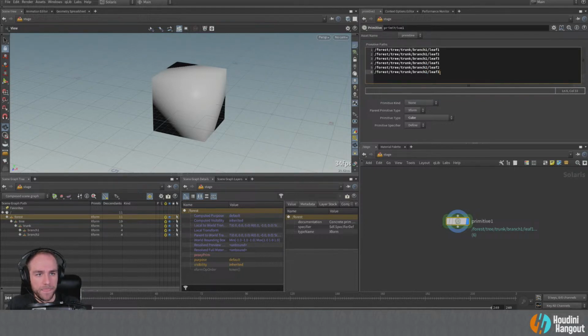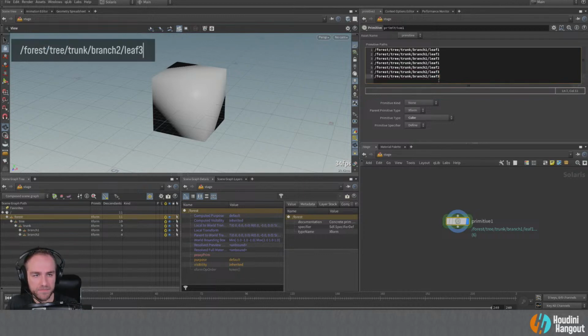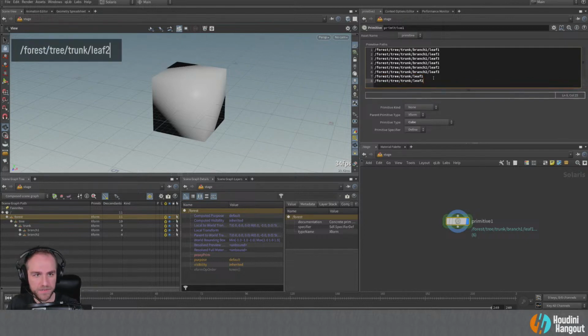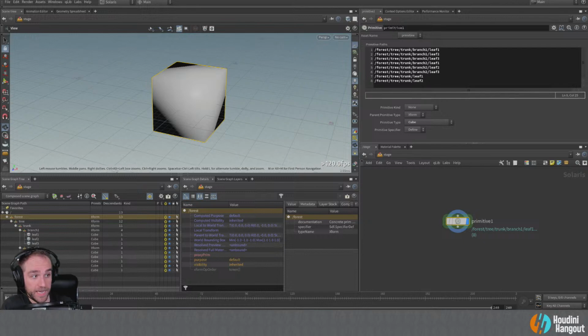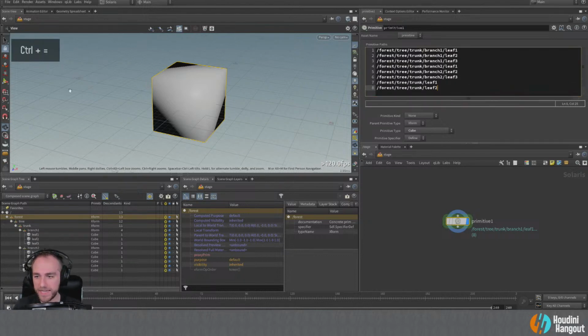And then as well, let's do this, and we'll just put a couple leaves right on the trunk, for example. So we'll just say leaf 1, and then copy this, paste it one more time, do it like that. Okay, so now we can see that there are a few different hierarchies going on here, right? And I think you can imagine what's going on here. You can understand what's happening more or less, but I'll just make that a little bigger in case you need to see it. But we've basically started building a hierarchy here, right?